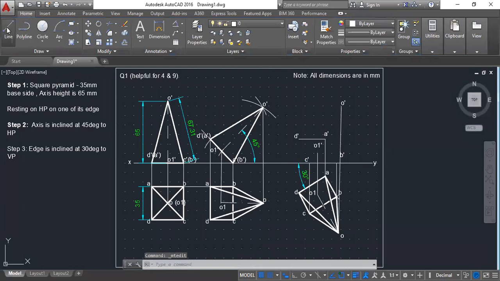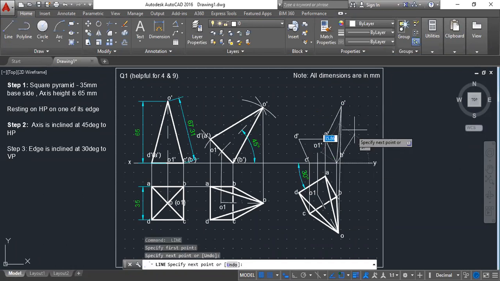Again, how to make sure you are drawing all lines? First, complete the loop: A to B, B to C, C to D, and D to A. So this is one loop. The second loop will be from O to A, O to B, O to C, O to D, and the final line will be O to O1.